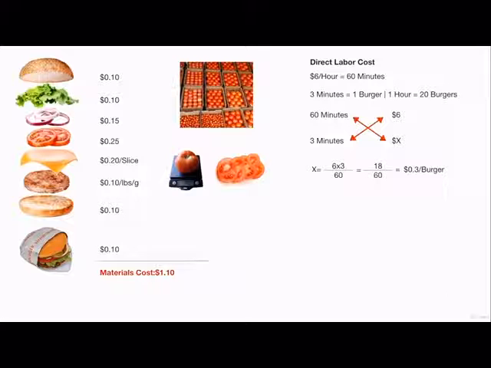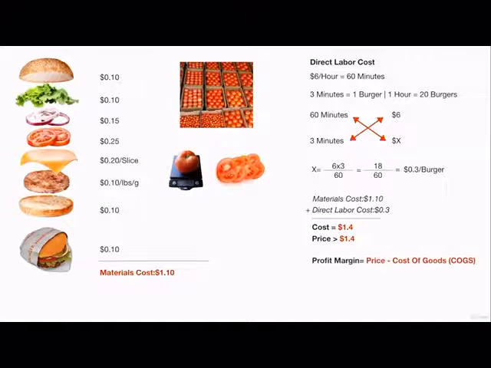To find the total cost of goods, simply add materials cost to the direct labor cost, and you should come up with the total cost of goods, which equals $1.40 per burger. What does this number tell you? It says that you should never sell your product at a price lower than $1.40 per burger, unless you are planning on losing money. It also tells you if your cost of goods is higher or lower than the industry average. Now, let's assume that we are going to sell this burger for $2, which brings us to the next